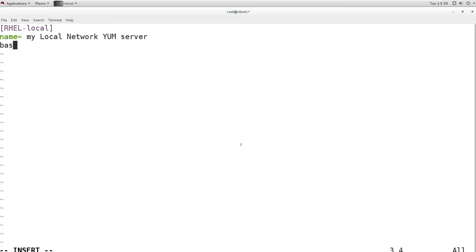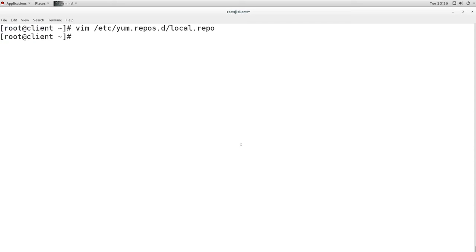Important is the base URL, and the base URL will be ftp:// the IP address of the FTP server, and on that server you have to go to the ISO directory. Enable is equal to 1 and GPG check is equal to 0. The same configuration you have to do on all the machines in your network, and then done.